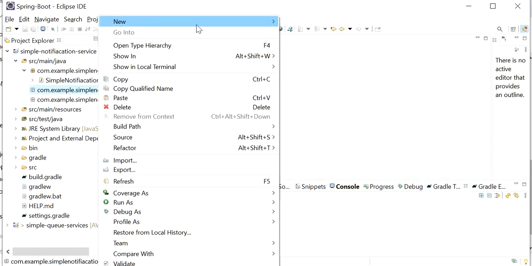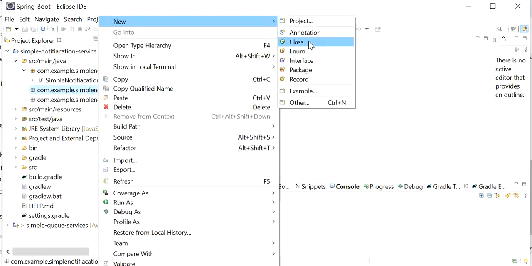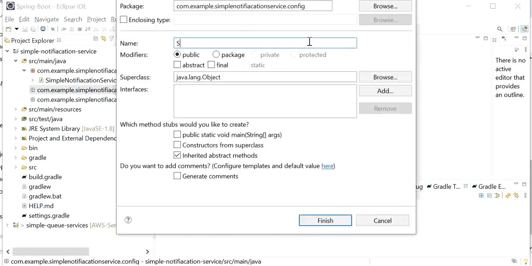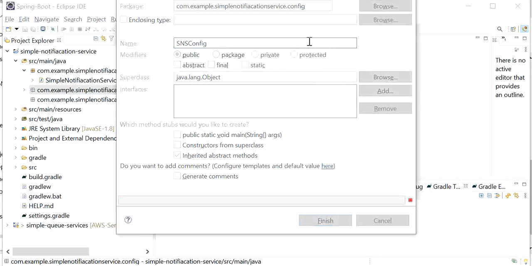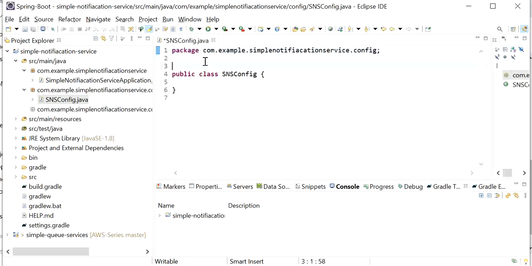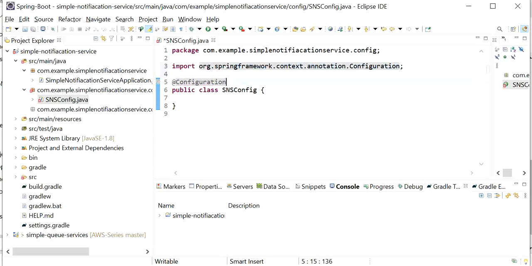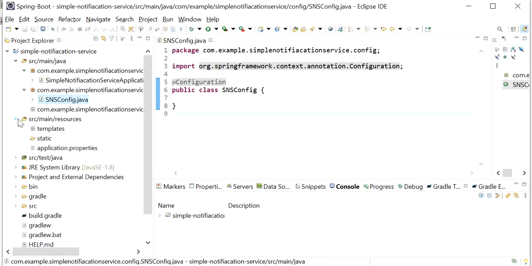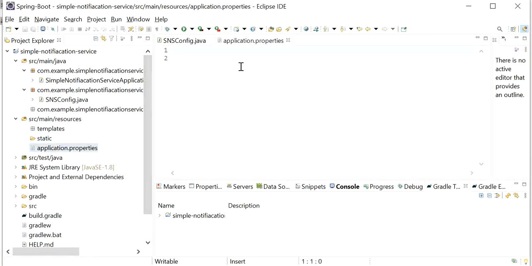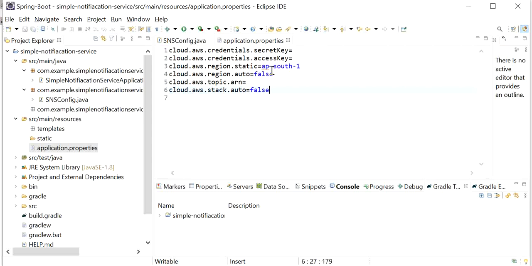So first here I will create one class, that is SNSConfig, and here at class level we will use the annotation @Configuration, and here we need to check our application.properties file, and we need to paste these properties here, that is the secret key and access key that we just copied.